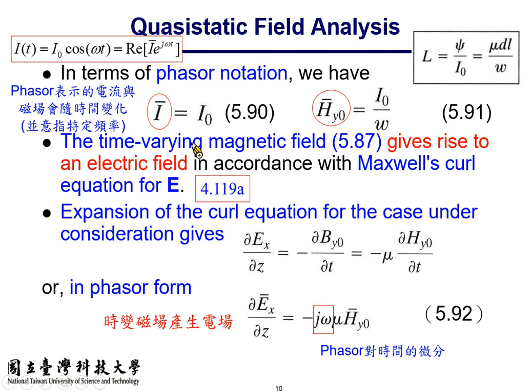Faraday's law says the spatial derivative of Ex, del Ex over del z, equals the minus of the time derivative of By sub 0. Well, the complete expression of this is